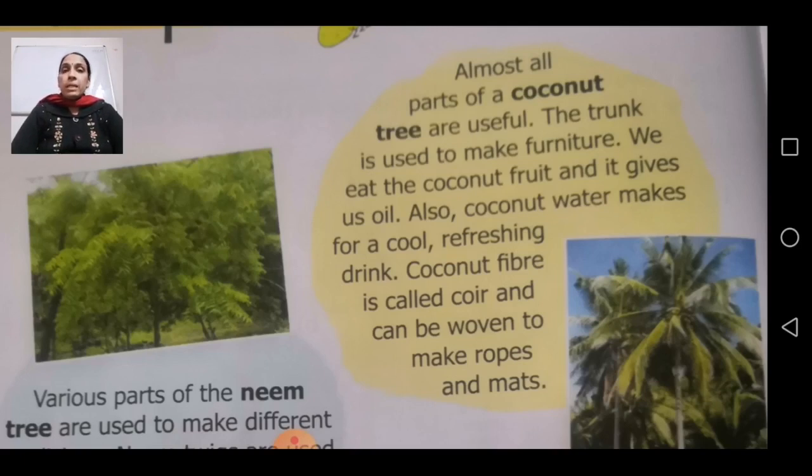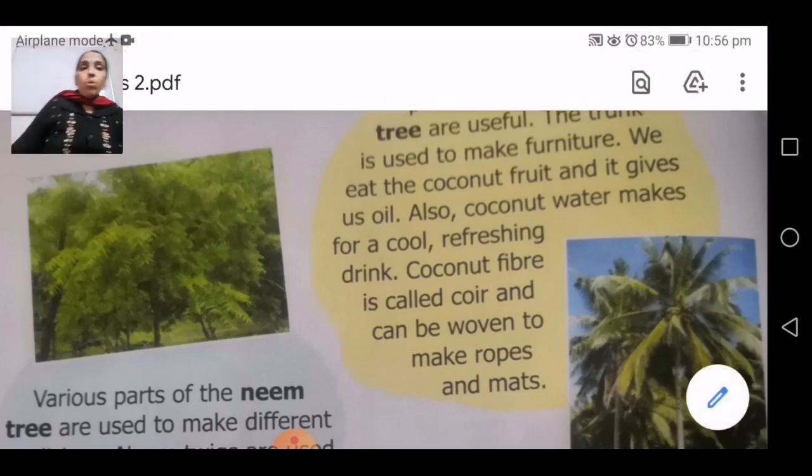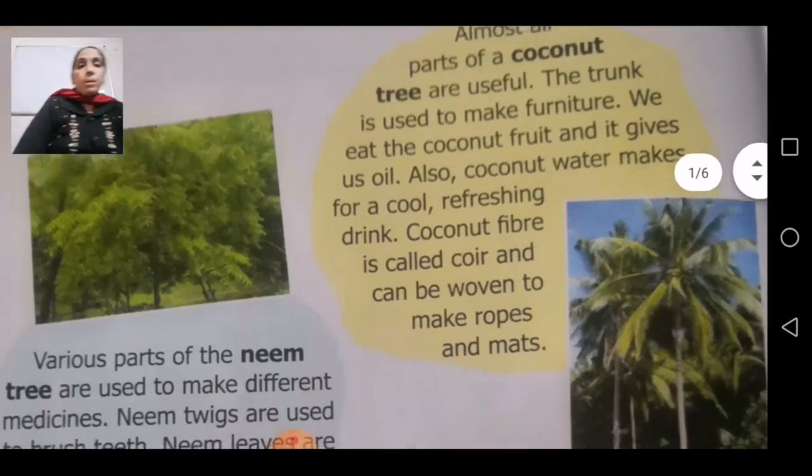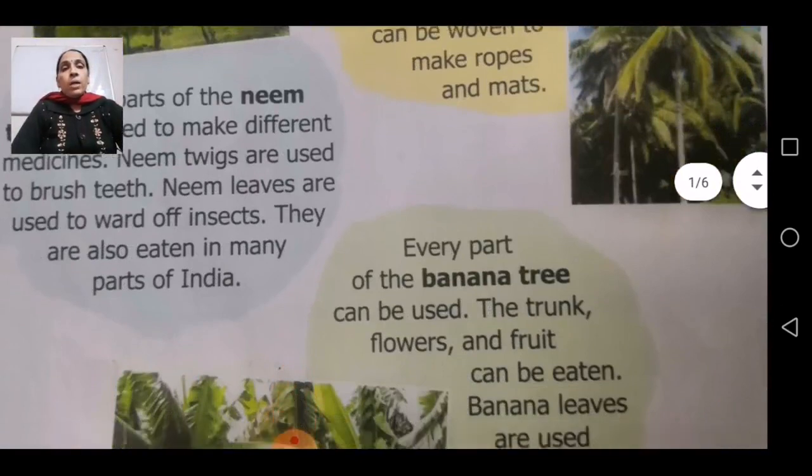And by drinking this cool and refreshing drink of coconut water, there is a chance that if there is any infection in your body it can be killed, and your body will become more strong to fight with all these things. So this coconut tree is again an important one. Coconut tree बहुत important है, that you all will remember. Now we'll come to the next.